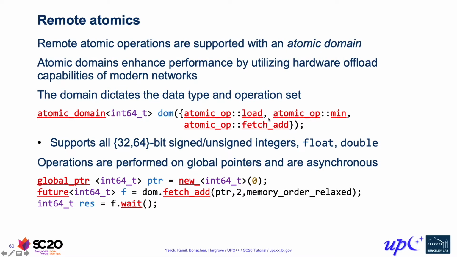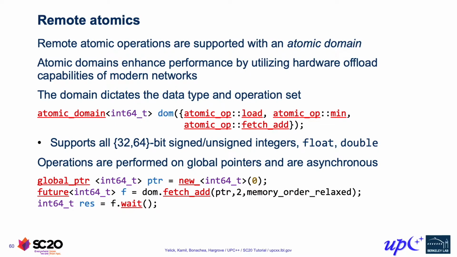So this set encompasses the operations that the user intends to do on objects that are associated with this domain. And then what the library does is it takes a look at this set and checks to see, is every operation in this set supported on the network hardware? If so, it will use offload. If that's not the case, then the library will use the CPU instead. So that way the library ensures that for any set of operations, it's using the hardware capability that provides the best performance and that provides the entire set of operations.